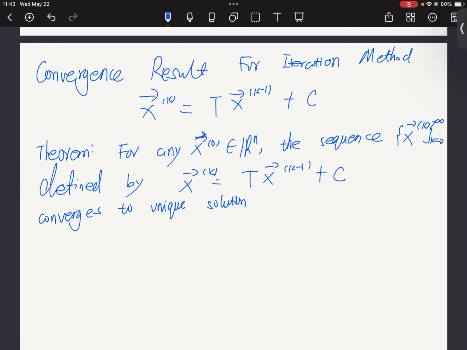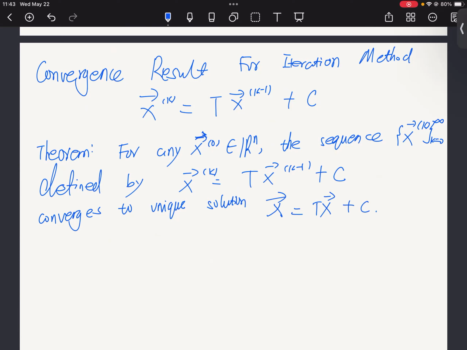So let's say that vector is x. On the left-hand side, if you take the limit as k tends to infinity, this would go to x, and this would go to x as well. So it would converge to the unique solution,